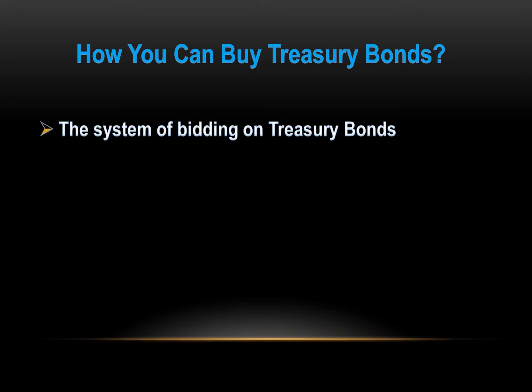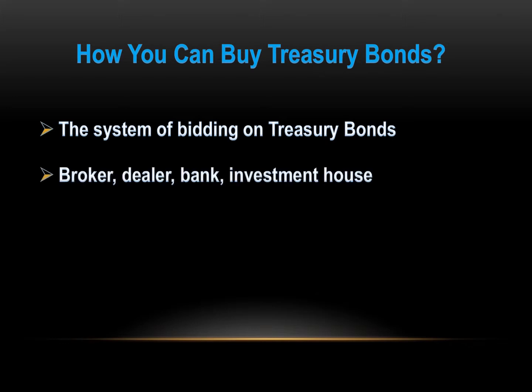and November. If you don't want to go through the bidding process, you may still purchase treasury bonds through a broker, dealer, bank, investment house, or through treasurydirect.gov. The advantages of buying via Treasury Direct is that you can do most of your bond transactions online, such as buying bonds, reinvesting them, and managing your account. The cool thing is that you don't have to pay any maintenance fees on these bonds, so you preserve your